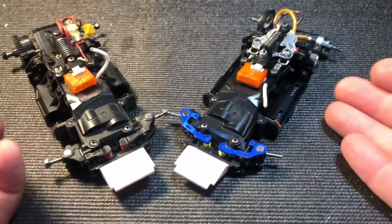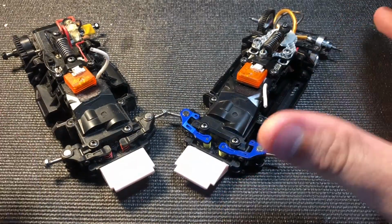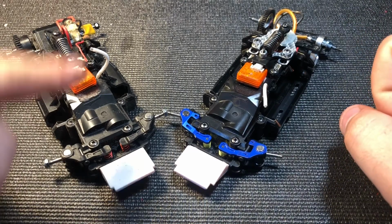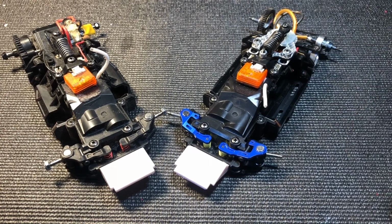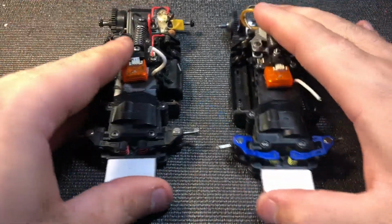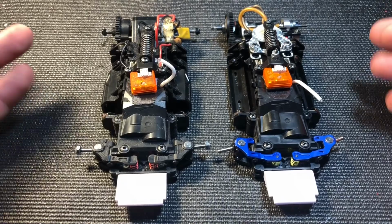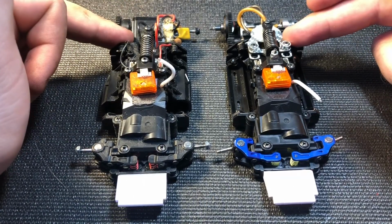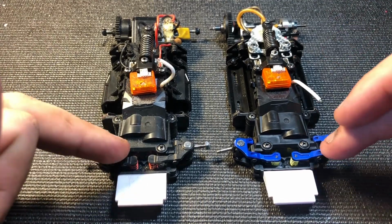So, I have here two cars, both are MR03s in two different classes. The one on the left is a stock car for my local racetrack, and on the right is a touring car for my local racetrack. As you can see here, it's the exact same car that came in the kit, but there are differences. For example, you have the damper setup, the diff setup, aluminum top arms,